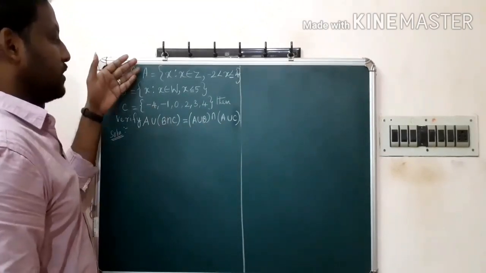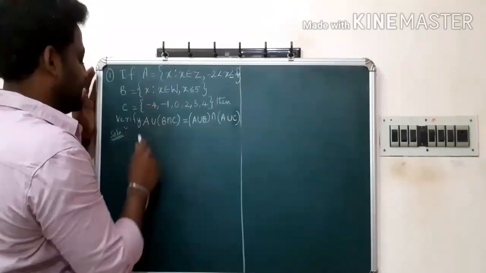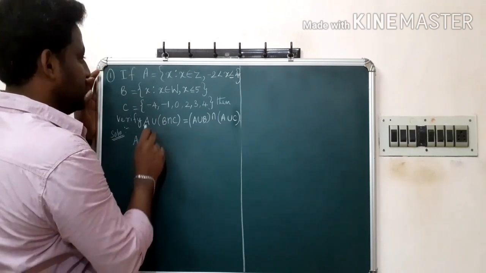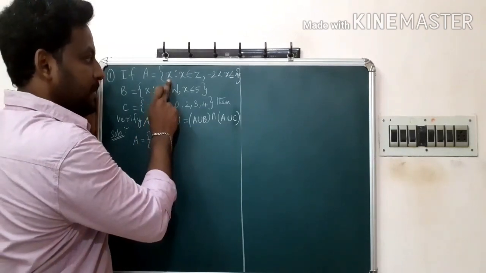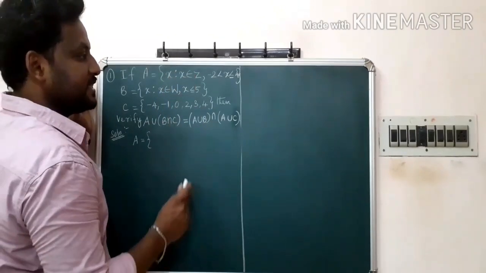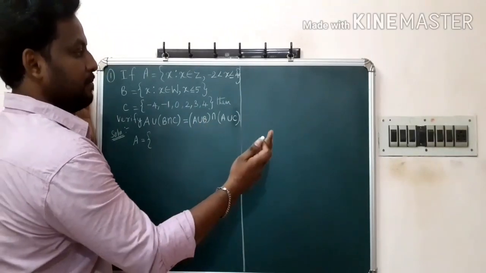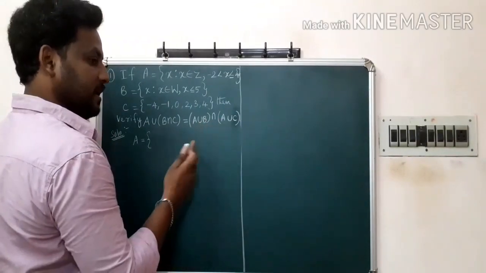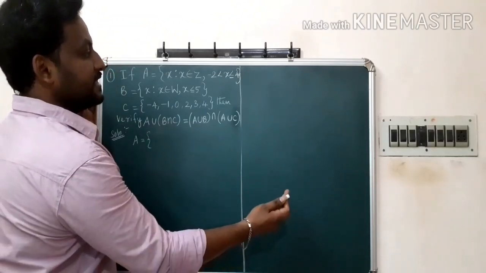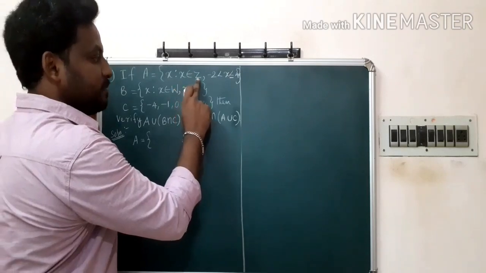So now we have to convert set A and set B into roster form. So first set is given, A is equal to X such that X is the element, and then X belongs to the integer. We know that the integer is starting from -infinite to +infinite. In between, the number is called an integer. Even if the number is negative or positive, that number is taken as an integer. So X belongs to Z, that means X belongs to integer.